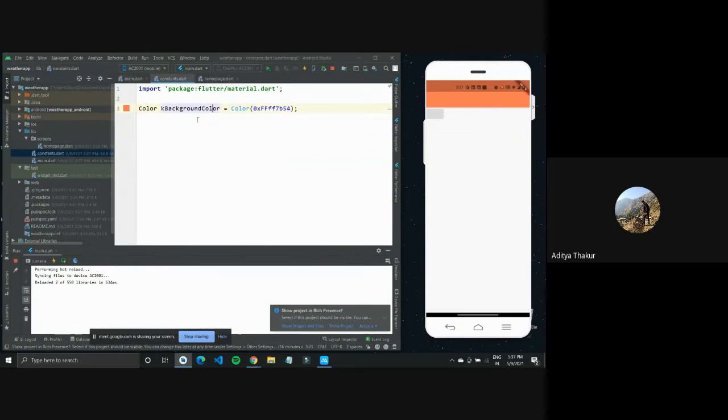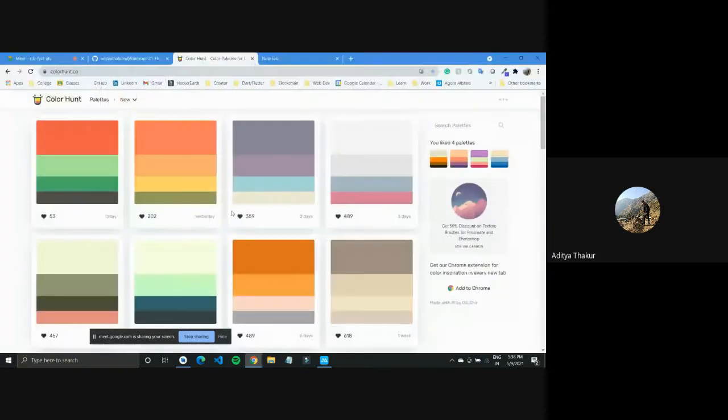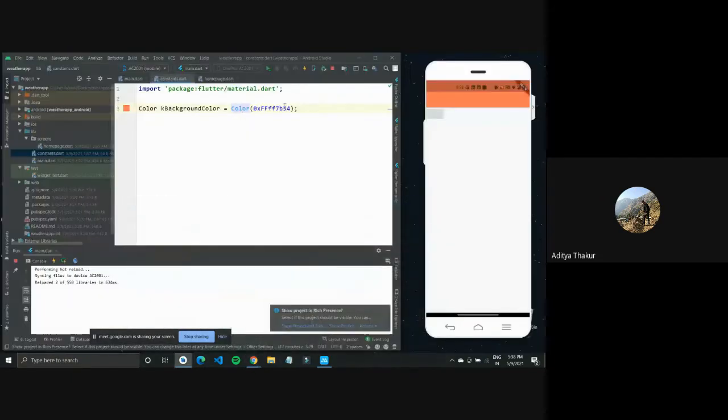Now what happens is, instead of changing your color everywhere later on, we use a variable. So variables are used for the same reason. Why? Now if I want to change this color later on in my application to this color, I'll just copy the code and paste it here.